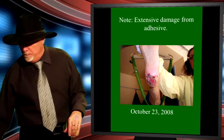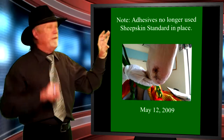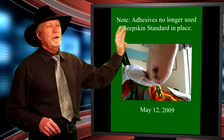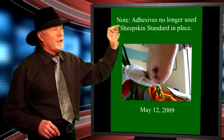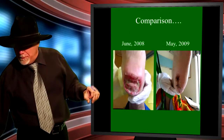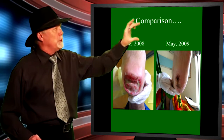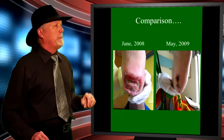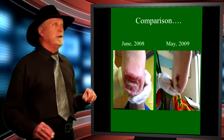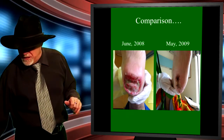So from this point on, they went back to the standard sheepskin protocol, and you can see that within a very short time frame there, the wound has completely healed, but leaving that necrotic tissue in the top left-hand side of that wound. As they progressed, they showed a comparison from where they started with the sheepskin to this point here, which is pretty dramatic indeed, and also knowing that the man was MRSA positive,